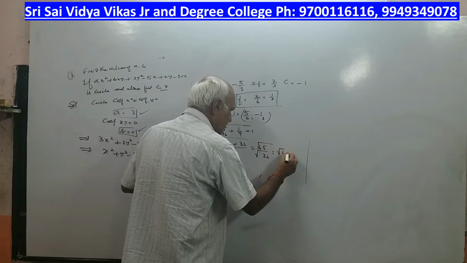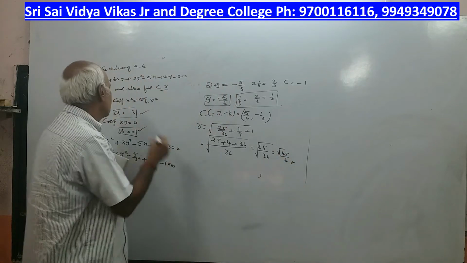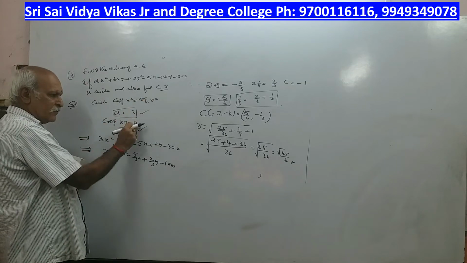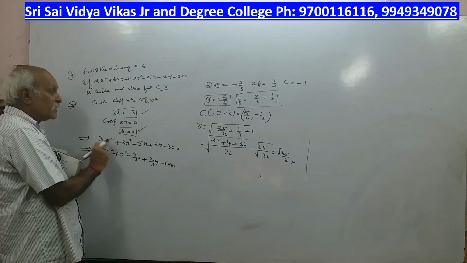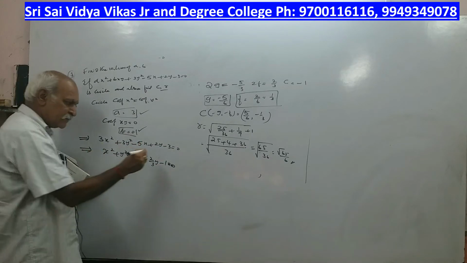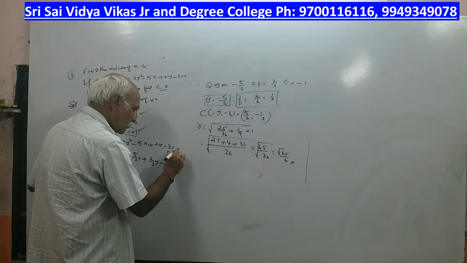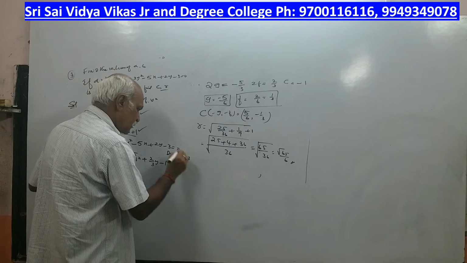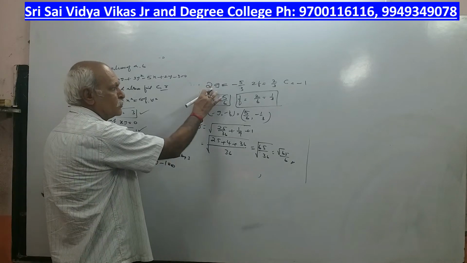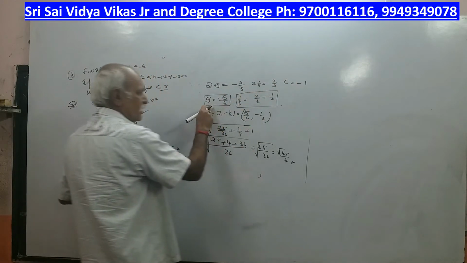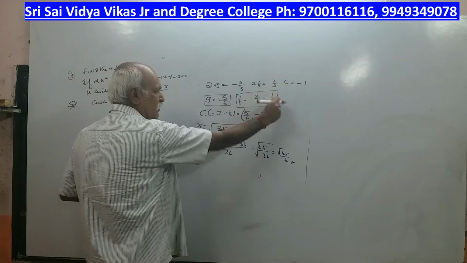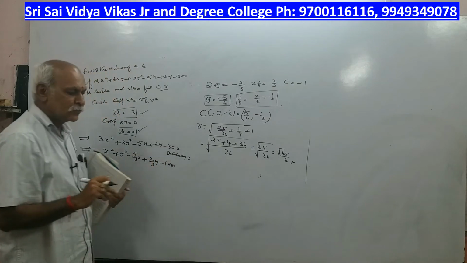That is root 65 by 6. A value 3, because coefficient of x square is equal to coefficient of y square. Coefficient of xy is equal to 0, that is B. Then 3x square plus 3y square minus 5x plus 2y minus 3. So divide by 3. Then you get x square plus y square minus 5x plus 2 by 3 y minus 1. Then 2g, 2f, c. So g value we got, divide by 2. f value 2 by 6 will come, because 2 into 3 is 6, 1 by 3, center and radius. Okay, please note down.